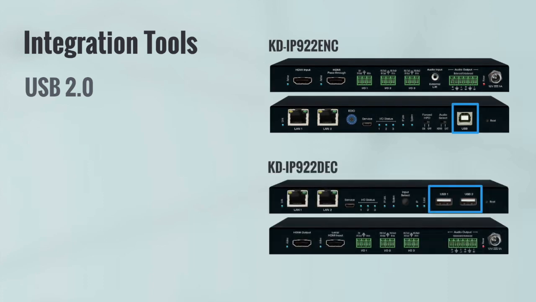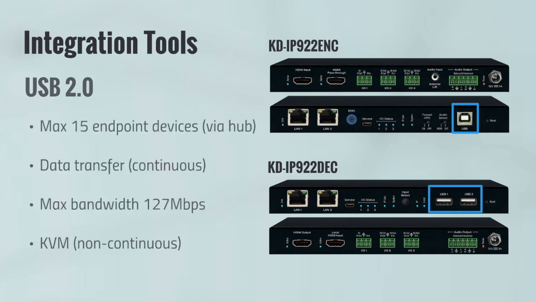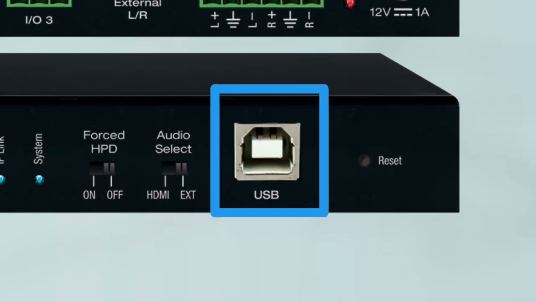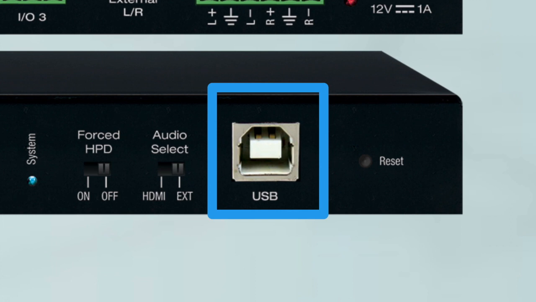The IP922ENC encoder has a single USB-A port, and the IP922DEC has 2 USB-A ports. This creates a USB hub where you can have the USB connectivity pass through following your video routing, and your encoder, connected typically to your video source,